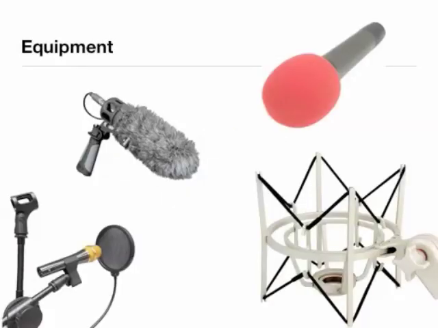And here you have some equipment like the wind screens on the left side and on the upper right side, so you avoid, when you are speaking, if you put out too much air, making noise on the microphone. Or these two examples on the upper side when you are recording outside on a very windy day,